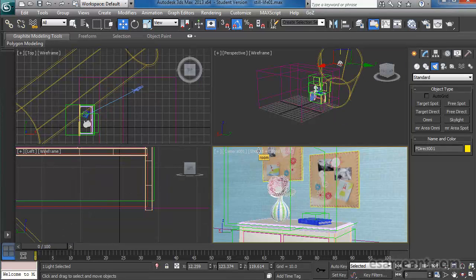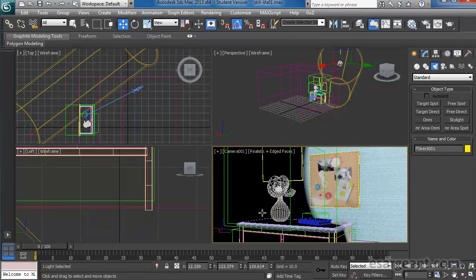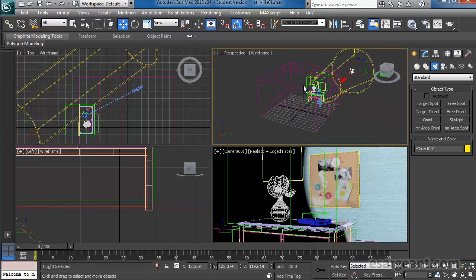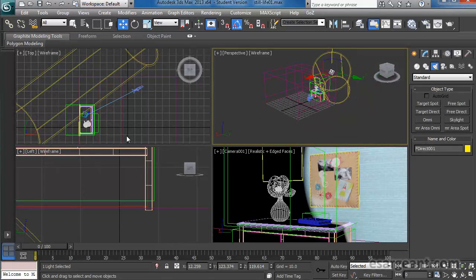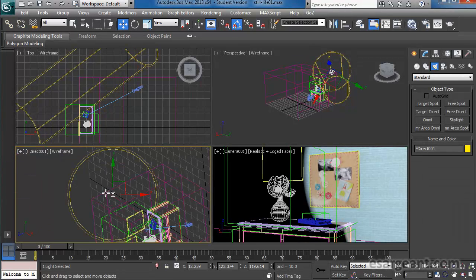It's also useful to switch your viewport over to realistic as well. You can get a rough idea of where that sunlight's coming in. And at the same time, I might change this viewport to, instead of looking through a camera, look through my light. So let's look through that directional light,